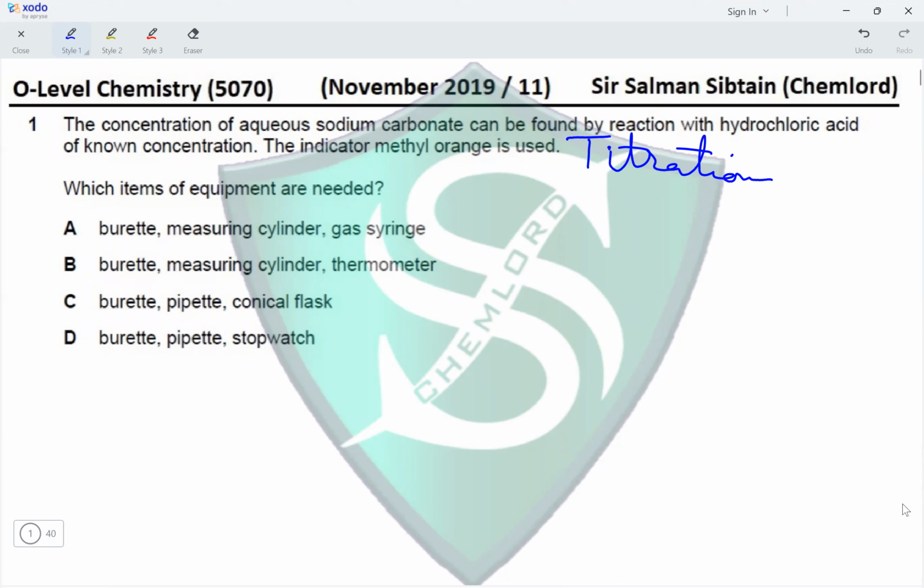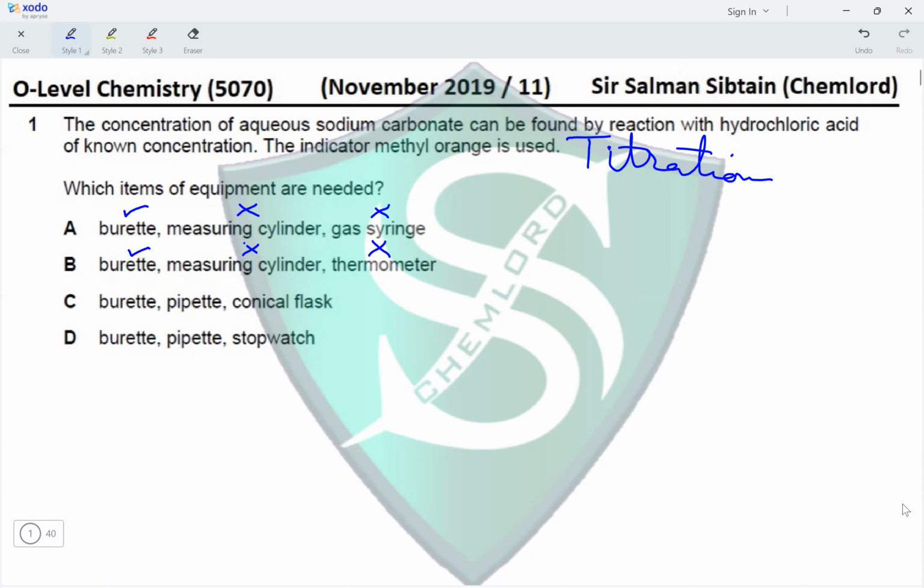Which items of equipment are needed? Okay. Burette, yes, it is needed. Measuring cylinder, no, because in titration, we do not measure approximate volumes, we measure accurate volume. So measuring cylinder becomes unnecessary. Gas syringe, there is no gas involved in this procedure. Okay. Again, burette, measuring cylinder is a no. And thermometer. Thermometer is not required because there is no change of temperature taking place during the reaction that needs